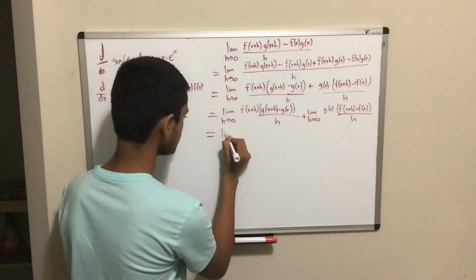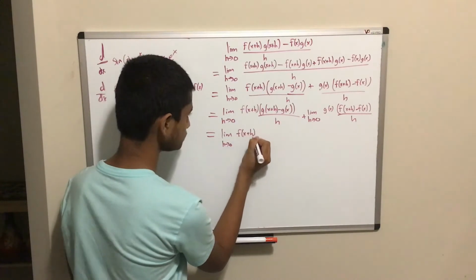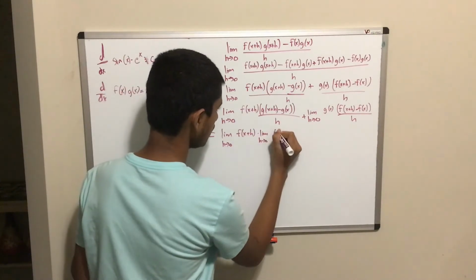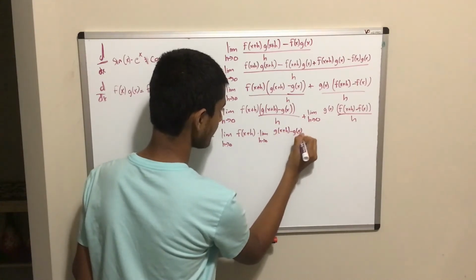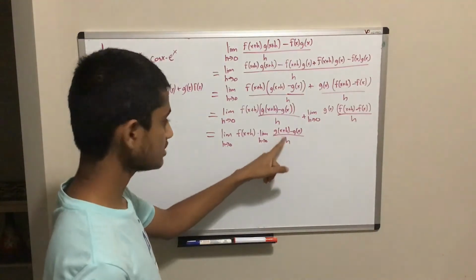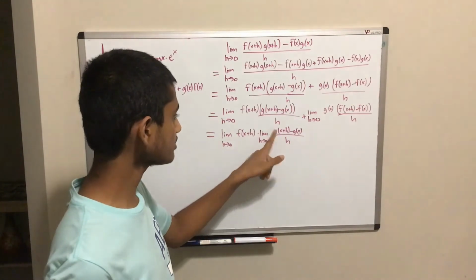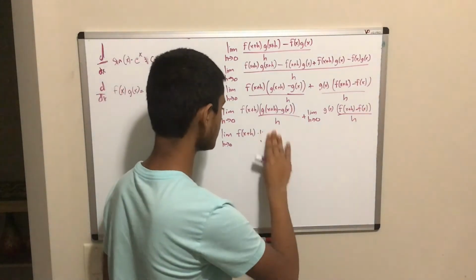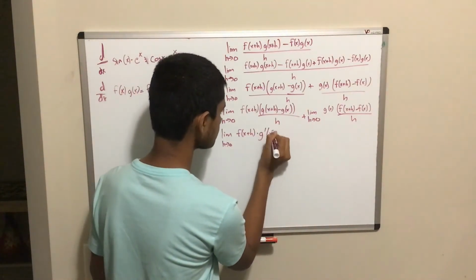So this leaves me with the limit as h approaches 0 of f of x plus h times the limit as h approaches 0 of g of x plus h minus g of x divided by h. And you may notice something really important over here. This is literally just the definition of a derivative. We can rewrite this as g prime of x, or basically the derivative of g of x. So I can get rid of all this limit stuff and just rewrite this as g prime of x plus,